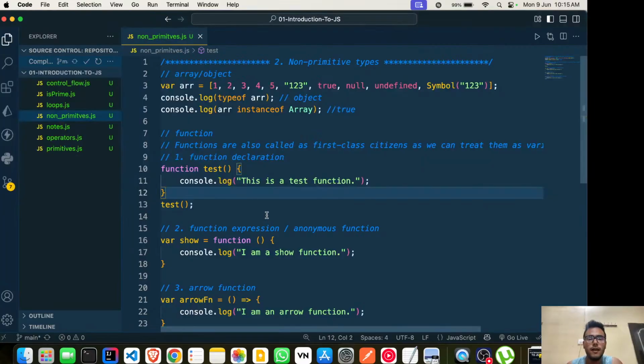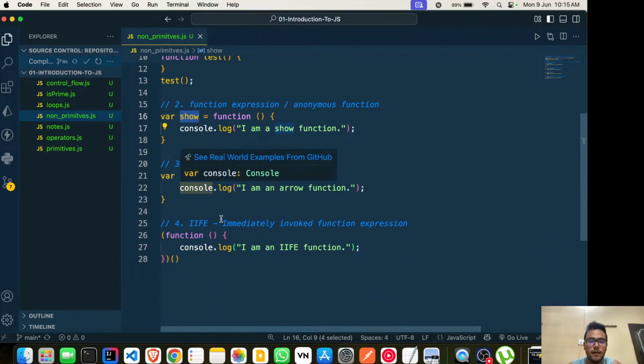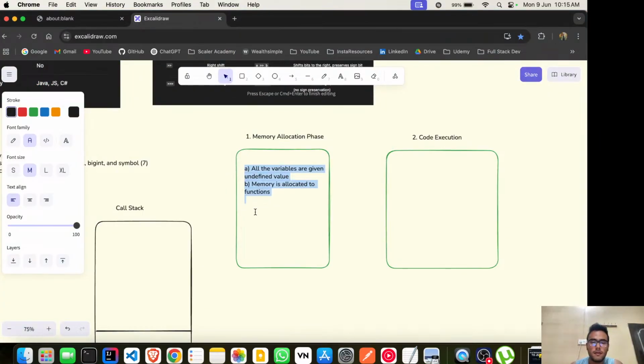Basically, all the variables. How many variables are there in this script? ARR is one variable, show is another variable, arrowFn is another variable. So ARR is going to be undefined, show is going to be undefined, arrowFn is going to be undefined,